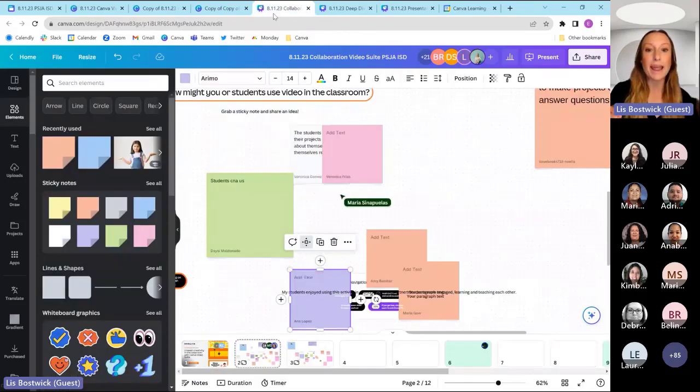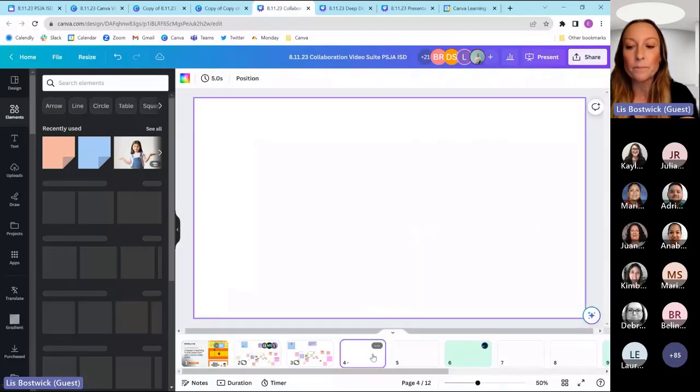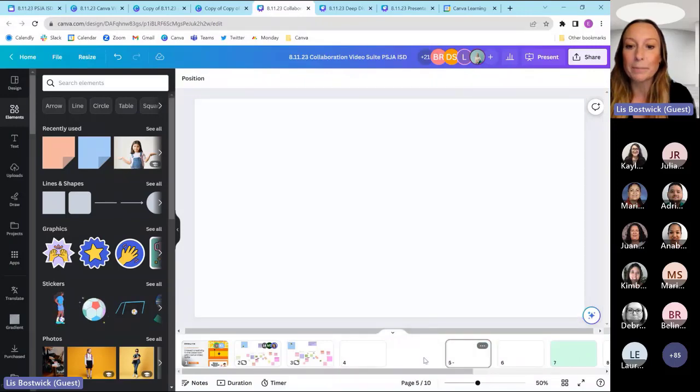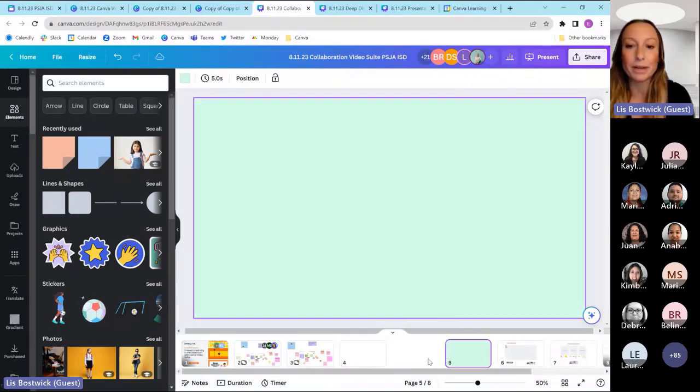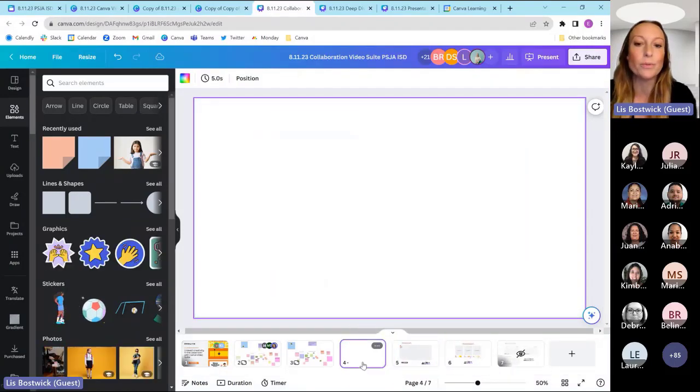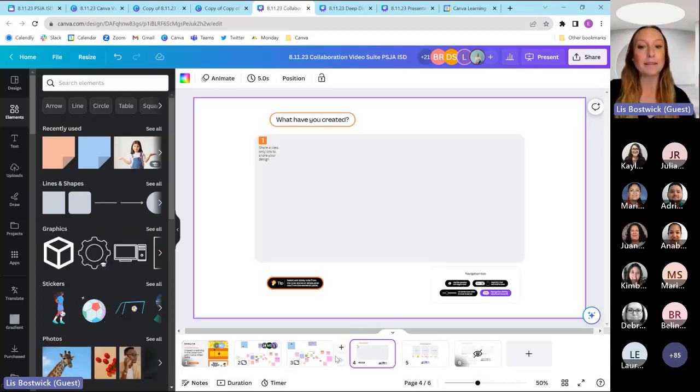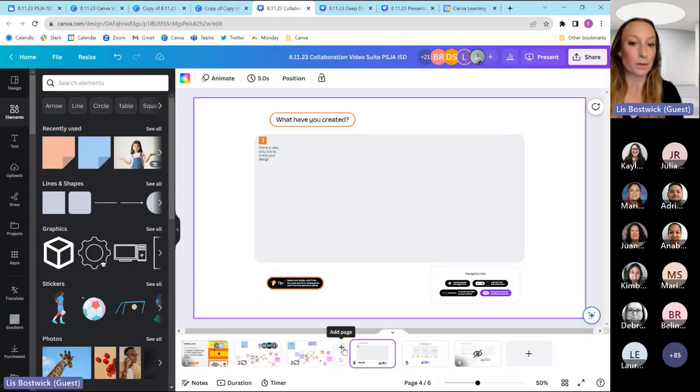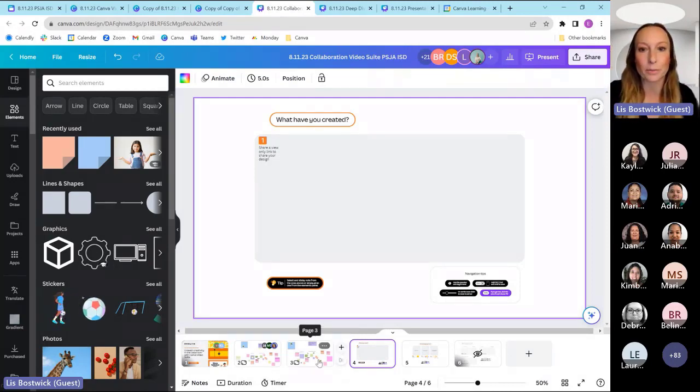Now, whatever link you clicked, if you can keep that tab open, that would be great, because we're going to return to this. Just a side note, I am noticing that some people are adding pages, probably inadvertently, because if we're new, sometimes that can happen. How that's happening is that if you click between the pages and click the plus sign, it will add a page in. I just deleted some, but it's no big deal either way.